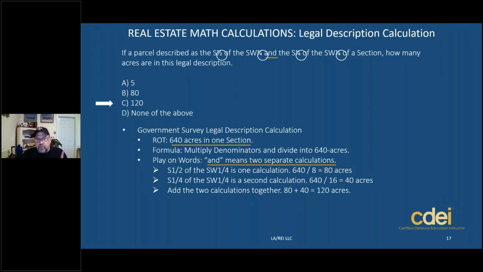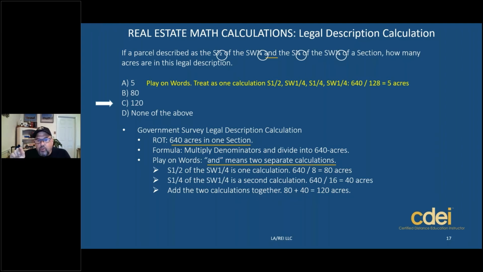Now, let's circle back and talk about the play on words again. 9 times out of 10, you read this question, pay attention to me closely. I can't emphasize the importance of these types of questions. You have to analyze these test questions to make sure there's not a play on words. They throw that word "and" in there because 9 times out of 10, and I've talked to students over the years, they don't see that word "and." All they do, just like the formula says, is multiply all the denominators together,